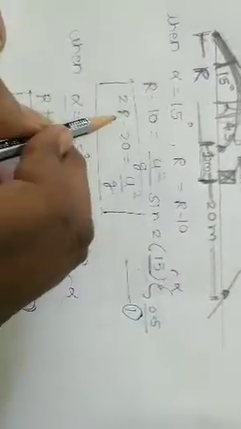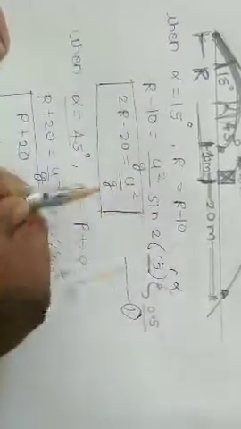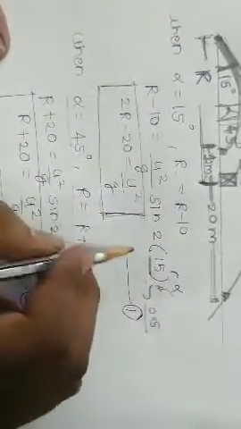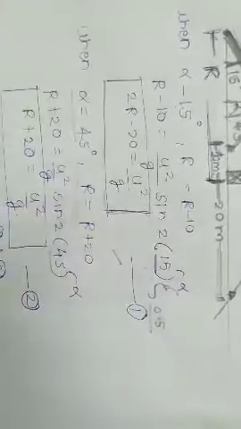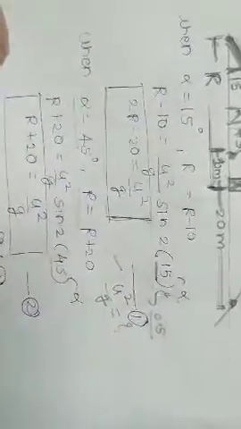So this will go to this side and it will become 2R minus 20 is equal to u square by g. Now remember, in this type of problem you have to find the value of u square by g first, and that will be beneficial.